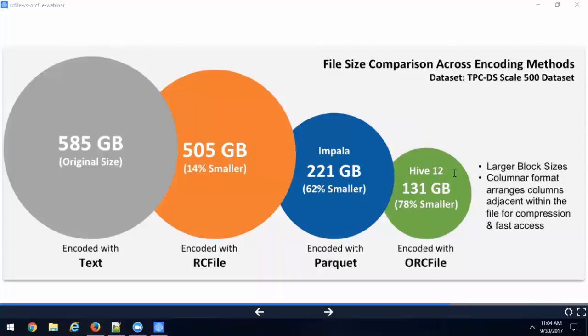Parquet was a joint effort between Cloudera and Twitter. Why would Twitter get involved with Parquet? Because Twitter has hierarchical data that they have to store. If you look at tweets, if you're a student of Hadoop developer in the real world, we have a project where we pull the data from Twitter and we show the Twitter messages in JSON format. They're very complex, nested data structures, and they wanted a file format which can handle that better. That's the only reason Twitter invested in Parquet, because ORC is not so great with complex nested formats.